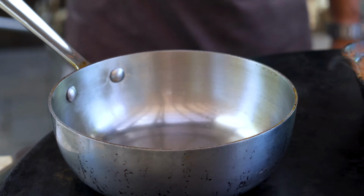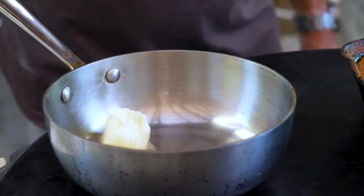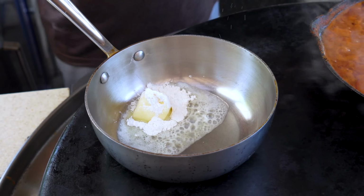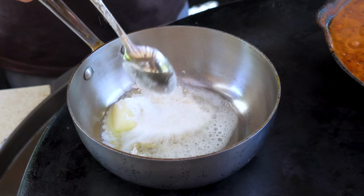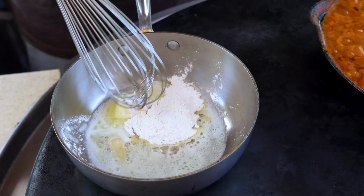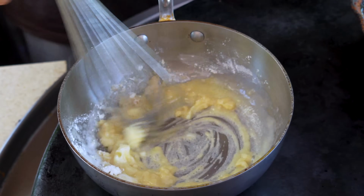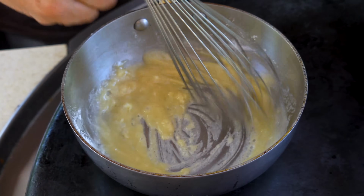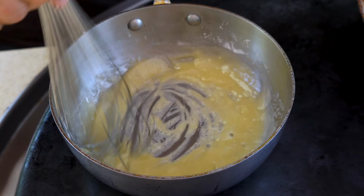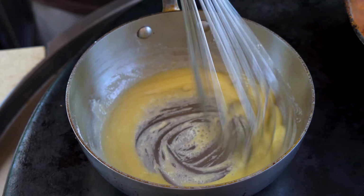Cheese sauce time. We start by making a roux, and you know what that means? That means butter and an equal amount of flour. So it's about 3 tablespoons. We'll do about the same. And we'll mix. If this is smooth, your cheese sauce is smooth. If this is lumpy, your cheese sauce is